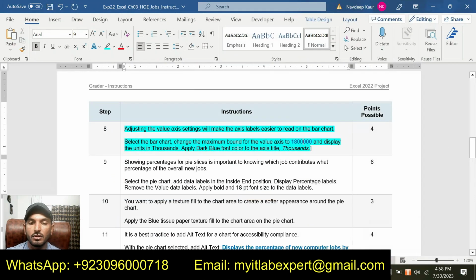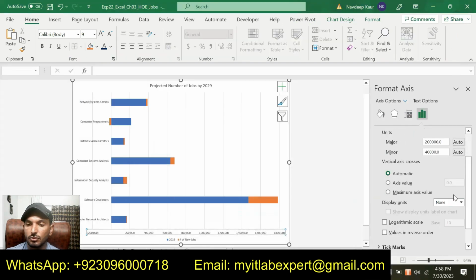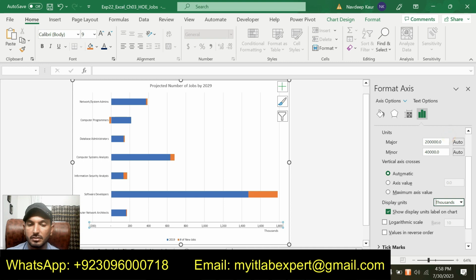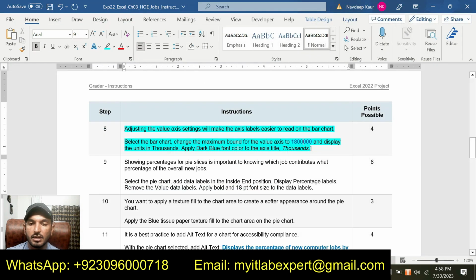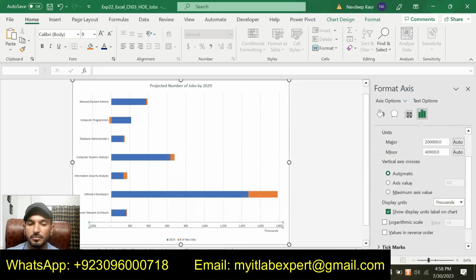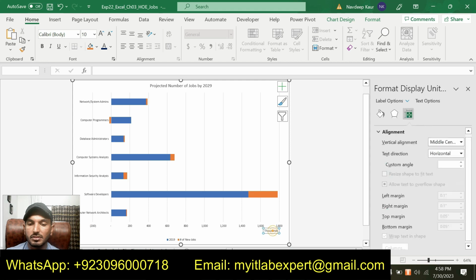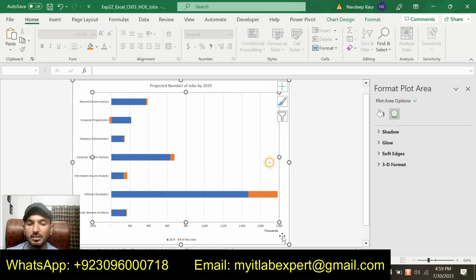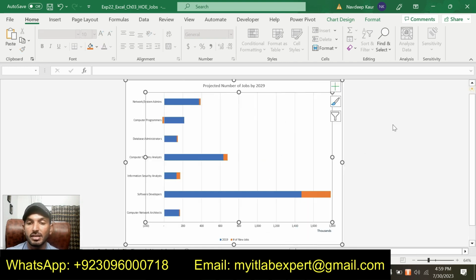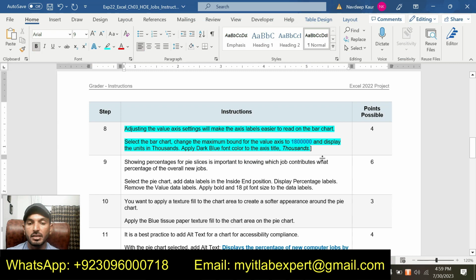And now it is saying that and display unit in thousand. So display units in thousands and apply the dark blue font to the axis title thousands. So this is the axis title and we are supposed to apply the dark blue font color to this one, and you can see that I have applied. So that is all about step number 8.